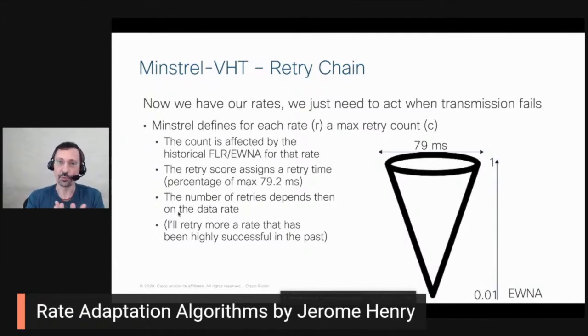So the logic of Minstrel is to say, let's take this UNA and FLR and apply it here as well, as a coefficient to my 79 millisecond window. So if the success rate of my rate is 80%, let's